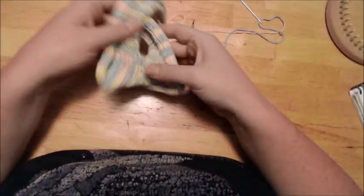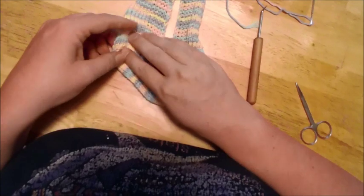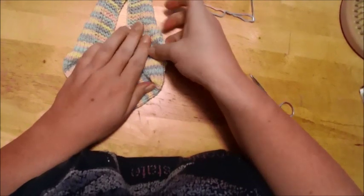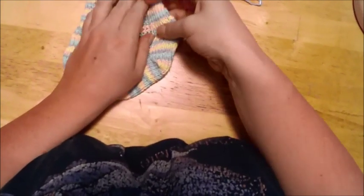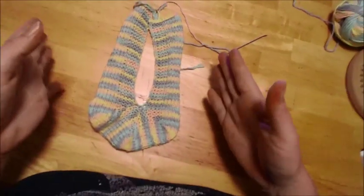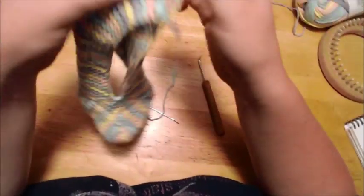Okay, I have done with the top of my sock, and while yes, you see it that it rolls, that's okay, because when you go in and you start adding the chain, it flattens out. Okay, there's your toe, and here is your actual sock area. Now, I like to work my sole from the heel to the toe. Alright, and what I like to do first is actually sew up the heel section. Okay, I've already cut my long tail,